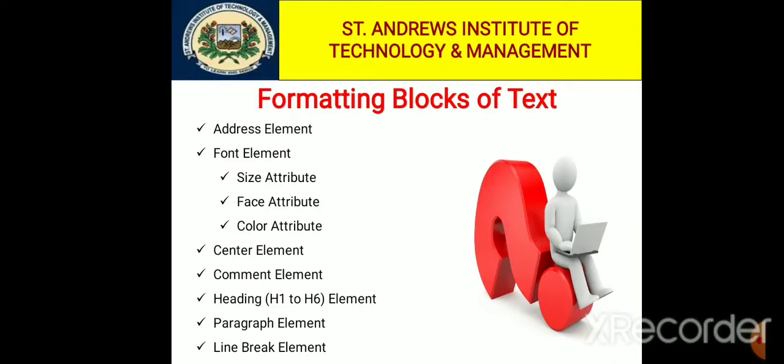Okay. The next one is the paragraph element. It is used to mark the beginning and the end of a paragraph of text. The beginning of a paragraph is marked by the P starting tag and the end by the P end tag, and the enclosed text is treated as a paragraph. The paragraph can be aligned left, right or center. Align is an attribute in the heading element, paragraph element, etc.